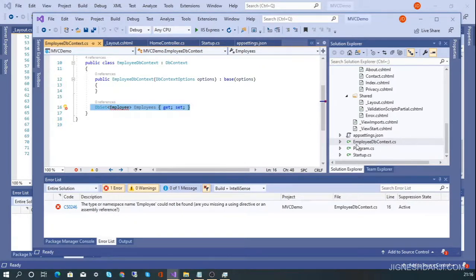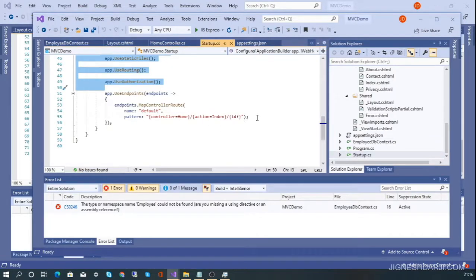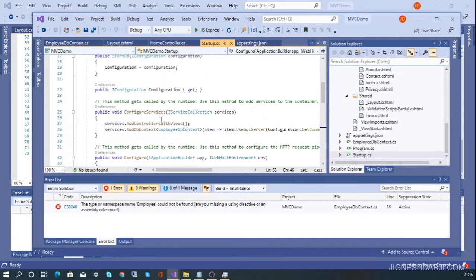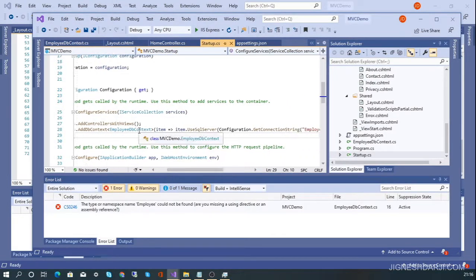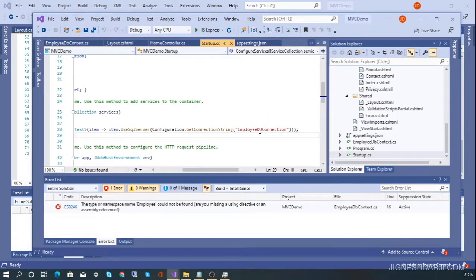You can do this inside Startup.cs. You can check this line, which I skipped when I introduced it. We need to import that EmployeeDbContext there, and add it as a DbContext inside the services. You implement services.AddDbContext, pass the DbContext, and add the connection string name.